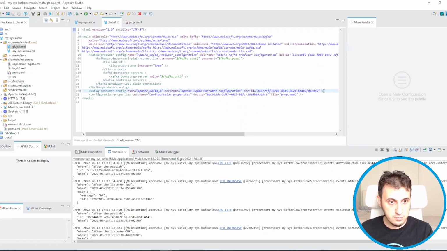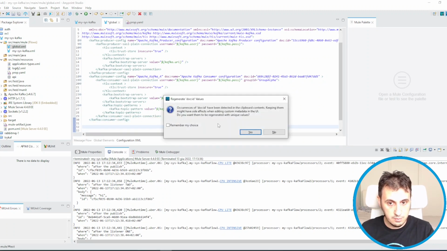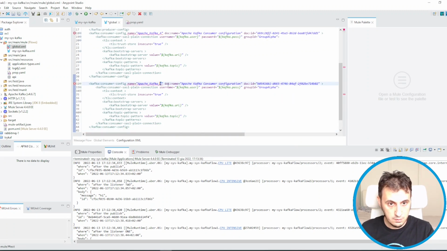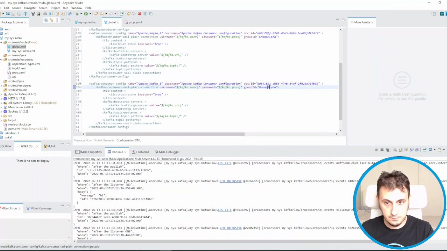So this is consumer A. Cut and paste, and I create a consumer B. It's easy. The group ID is not alpha. I want to use beta.